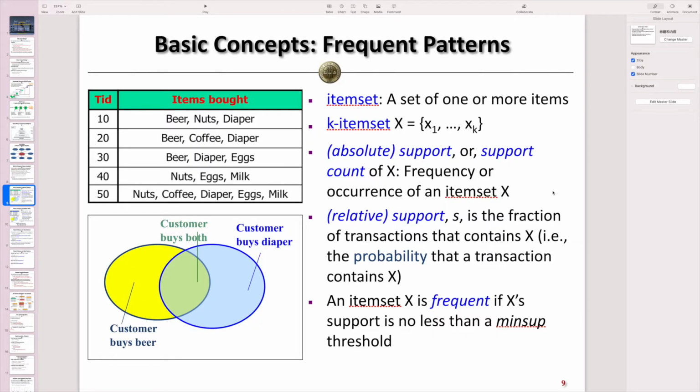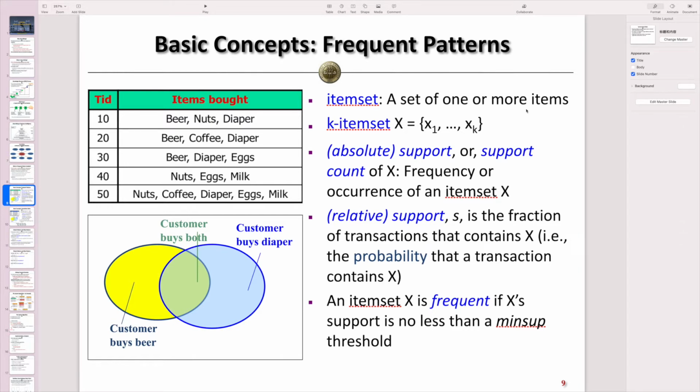Okay, so before we talk about how to do the frequent pattern analysis and mining, we have to introduce some basic concepts first. In this page, we show some basic concepts we may need to use in the following pages. The first concept we have is called item set. From the term, we can see the item set denotes a set of items which can contain either one